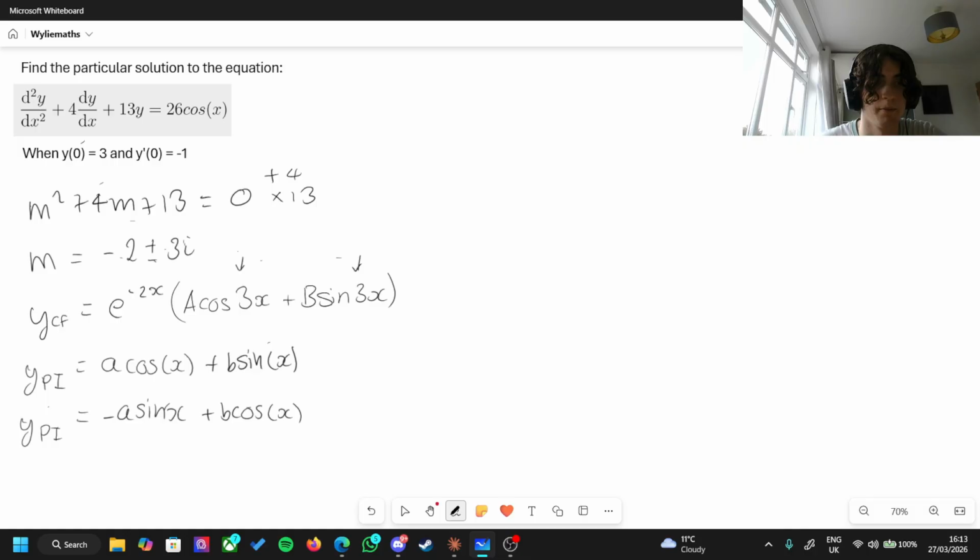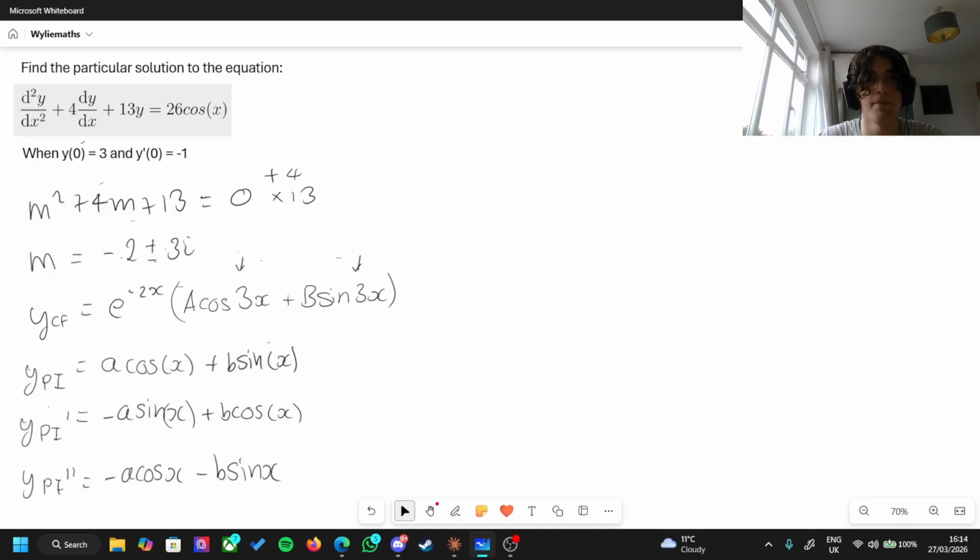I'm sorry that I'm using brackets sometimes here. We then have our second derivative, so I'll add the apostrophe there. Sine differentiates to cos, so minus a cos x. And cos differentiates to minus sine, so minus b sine x. And that will be the three forms of our particular integral. We then have quite the lovely task of substituting all of this into our original equation to find our solutions